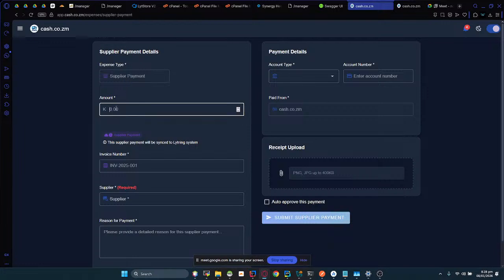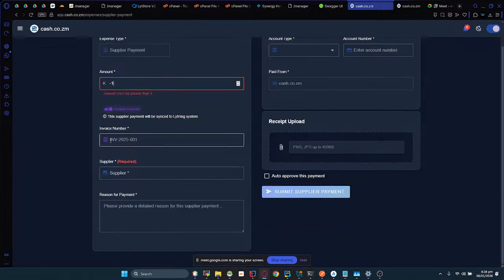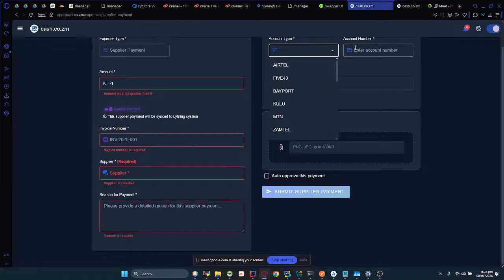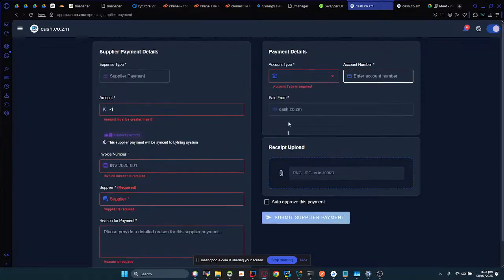So all we need to do is just specify what's the amount, on what invoice number, which supplier are we making the payment to, reason for payment, account type, account number, and basically the rest is the same. So even after I go ahead and make that expense request, or I go and record that expense, once I approve those funds, it will literally go and pay that specific supplier and even update